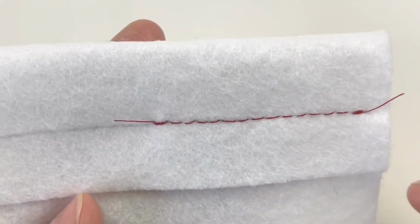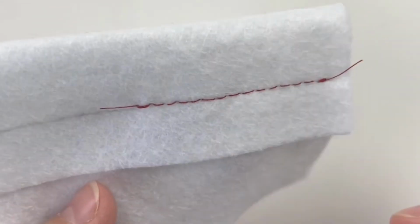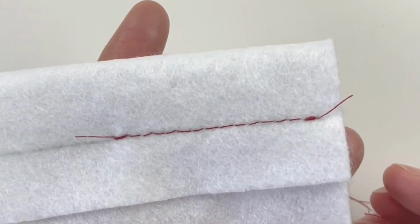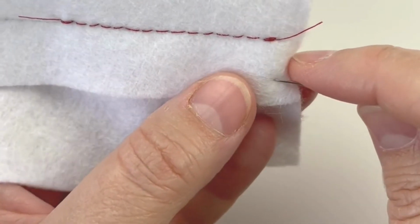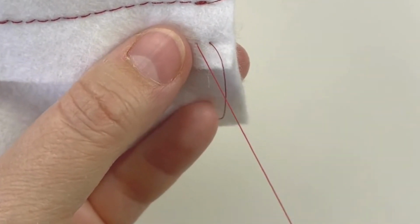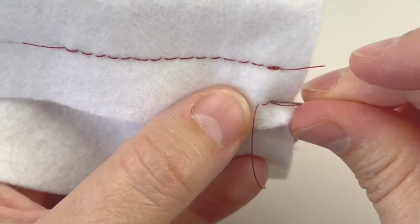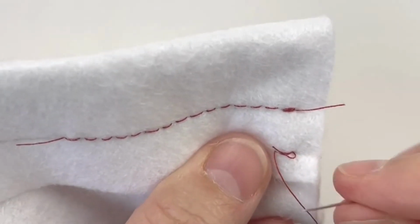But now what I would say is have a go doing exactly the same thing, but do it without your line. So I'm going to do it underneath now and see if I can have as straight a line as I did when I was following the drawn line. Okay, so let's do exactly the same thing. We'll start off the same. First stitch, leave a little bit. I'm going to go 1, 2,